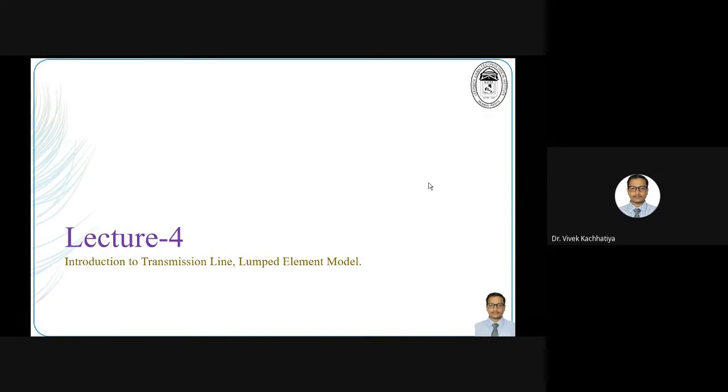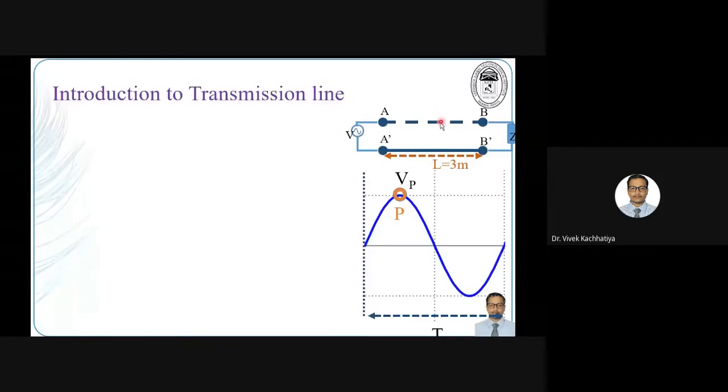When we say we need to model this transmission line, it simply means first we need to understand its electrical characteristics, and then accordingly we have to model, right? So we will start our lecture with revision. This is my transmission line. A transmission line is mainly used to deliver power from source to load.